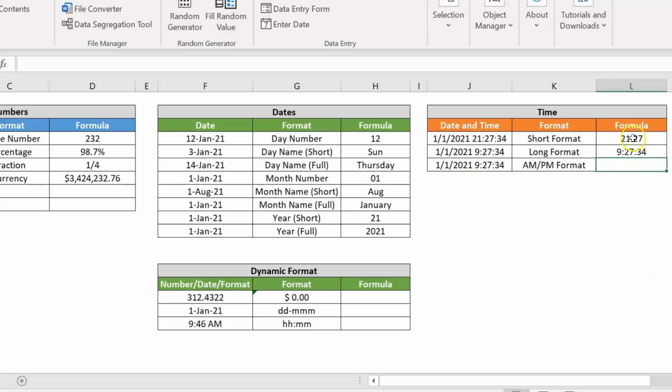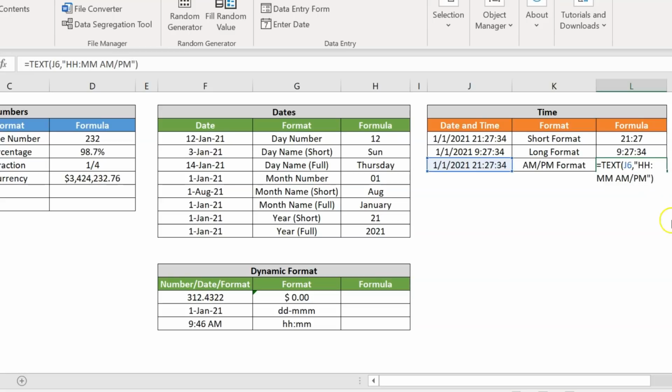Alright. Now what if you want to add AM and PM? You don't want to show 21 here. So let me copy the same format here and let's use AM and PM. So what we can do, we can use text and let's take this time, and here I will take HH colon MM and space. Then I will put AM slash PM and just close the bracket.